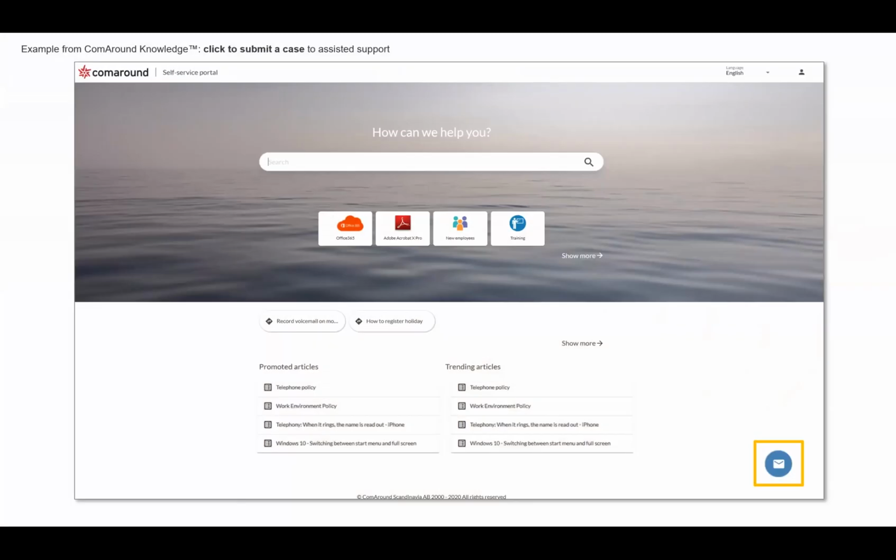So an example from ComAround Knowledge. So click to submit a case to assisted support. So in this case, we have a little envelope. So what you're seeing now is our self-service interface for consumers or customers and users. So clicking the envelope will open up an email with all the details needed for the agent or the recipient of that email. So that goes, for example, to a case management system or any other team that you want it to go to. So that's a really nice experience for the customer,